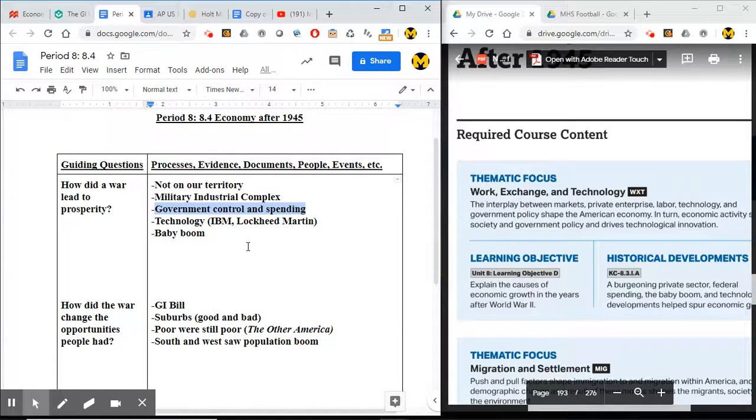Also, starting with the Great Depression, the government has exercised tons of control over the economy, and so they are willing to spend to stimulate the economy. They are willing to regulate things, and they're more accepting of unions and wage raises. We're far away from the laissez-faire economy of prior to the Depression. The government's exerting a lot of control, and so that is also leading to more money in the hands of people. In terms of technology, we also see a boom there.